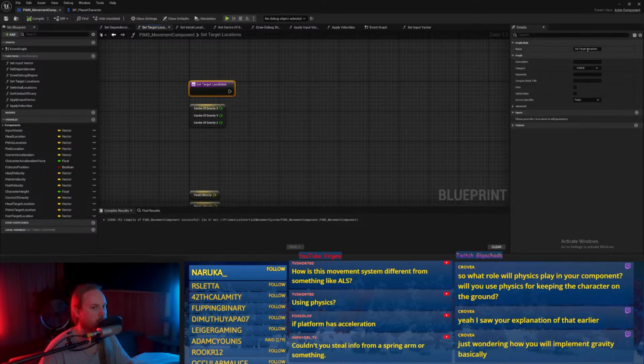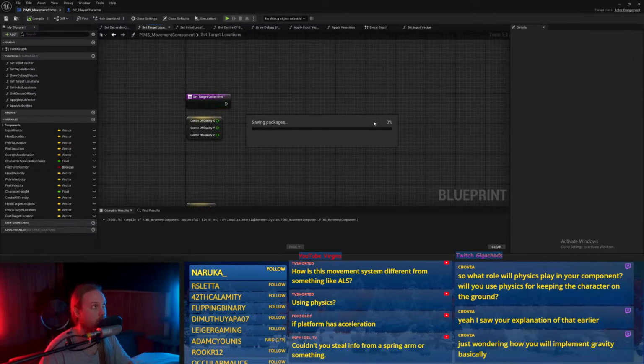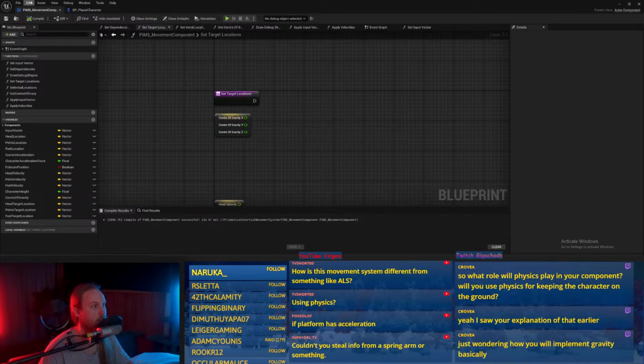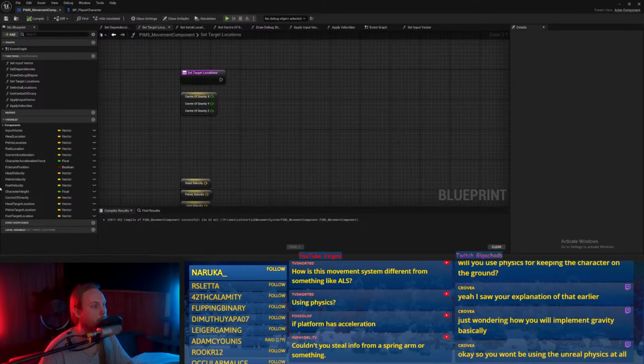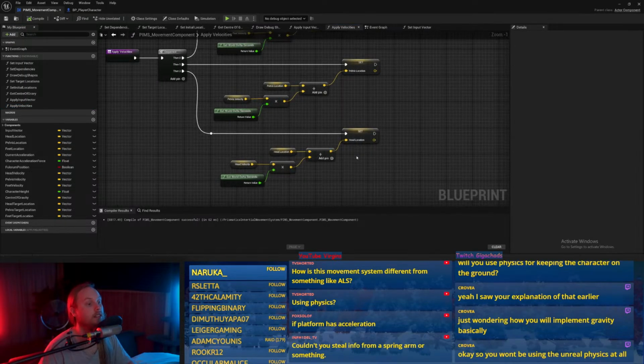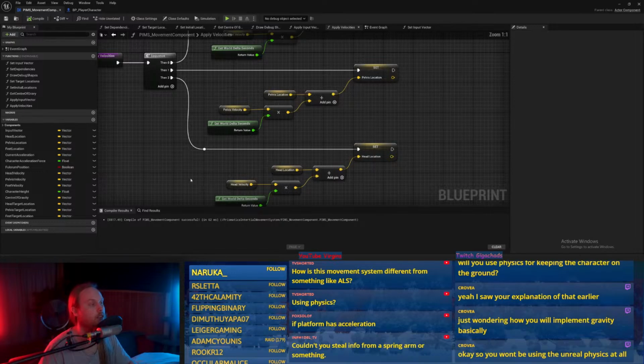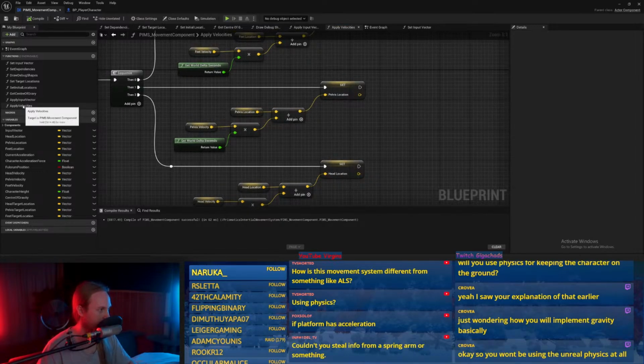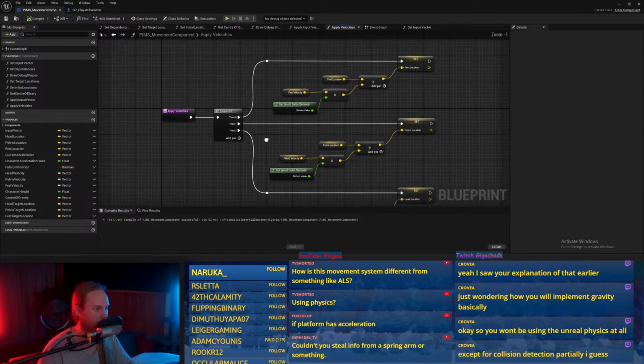So this is set target local locations, and then when we apply velocities... where's calculate velocities? I'm lost. What am I doing here?